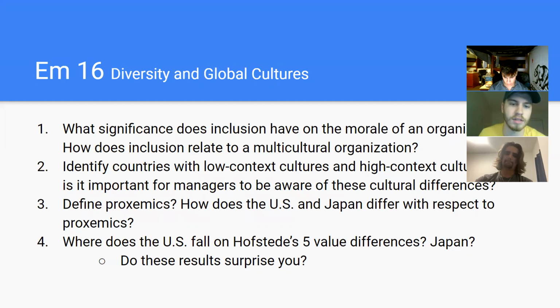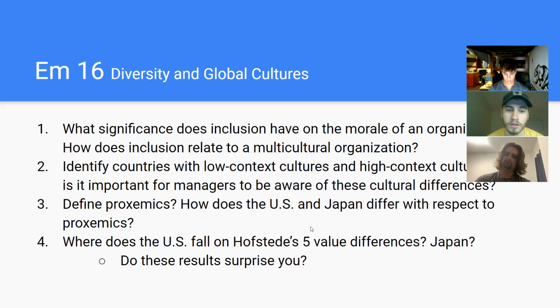Alrighty, EM16, diversity in global cultures. What significance does inclusion have on the morale of an organization? So the significance that inclusion can have on the morale of an organization is that overall, if you are including everybody, you're going to increase overall happiness and efficiency for all the employees. This has a direct relation with the performance of the organization, especially when you start going into the next question,